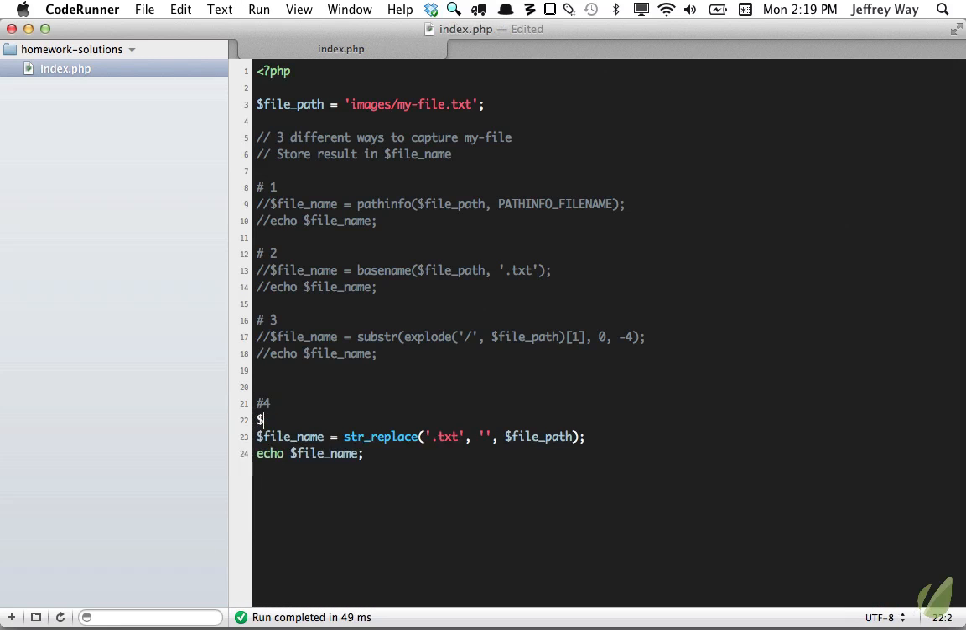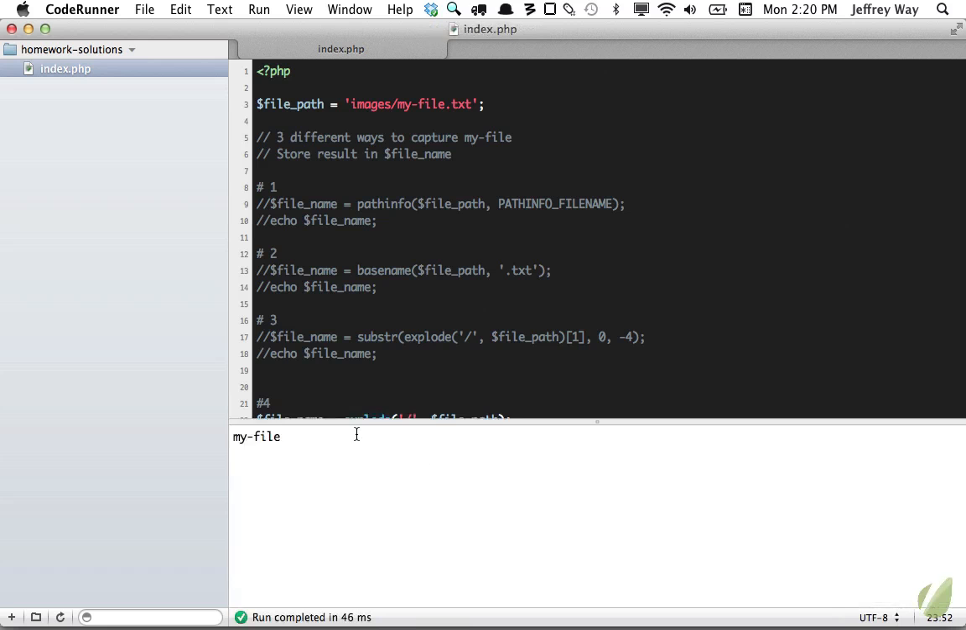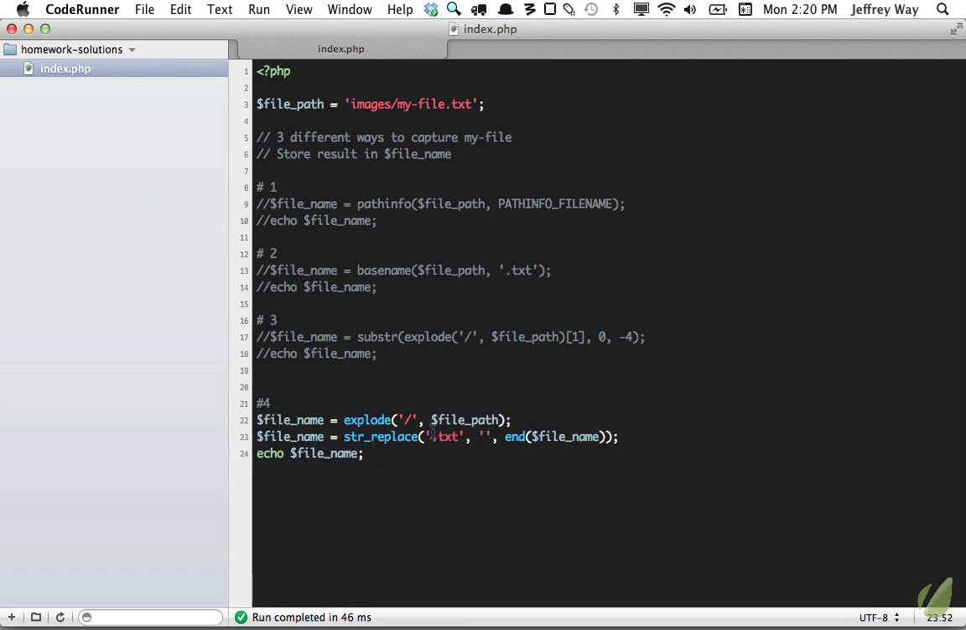So in this case, we could also do filename. Once again, explode that using a /, and we're working with file path. And now we can say we're working with end file name. And if I run it, now we're getting my-file. Because this time we're taking the file path, we're turning it into an array again, and then we are running our string replace on